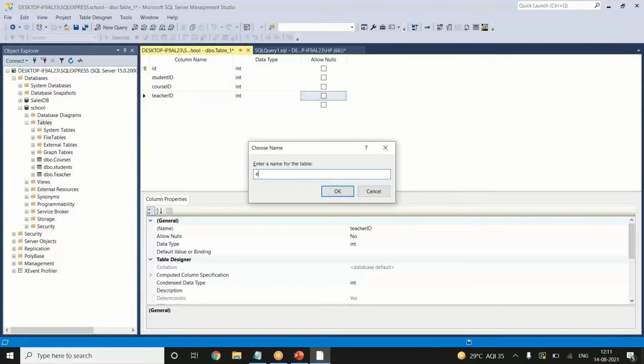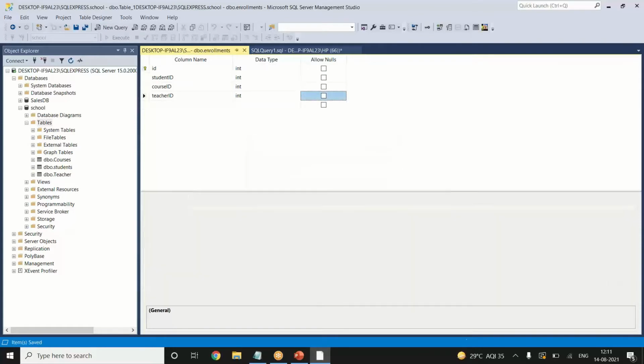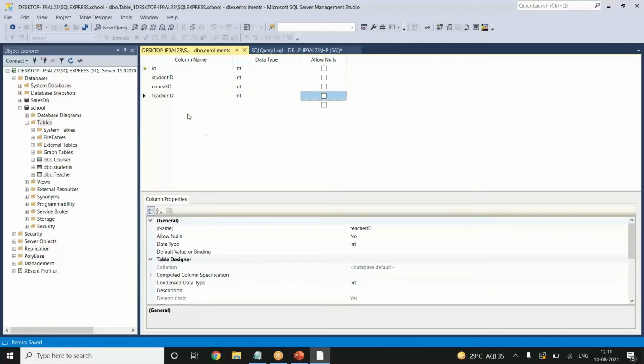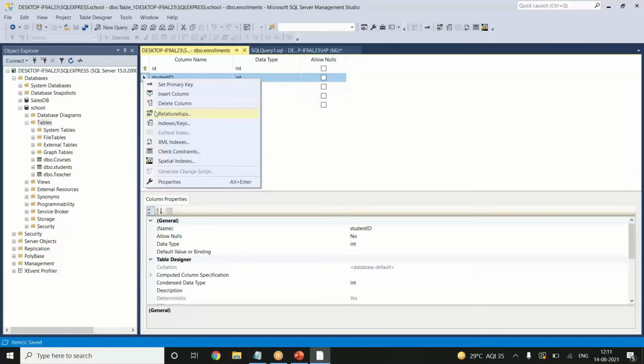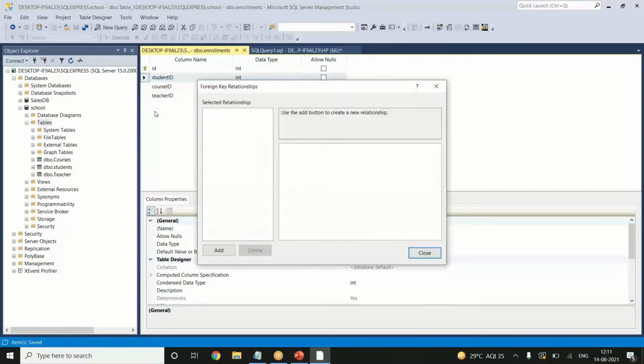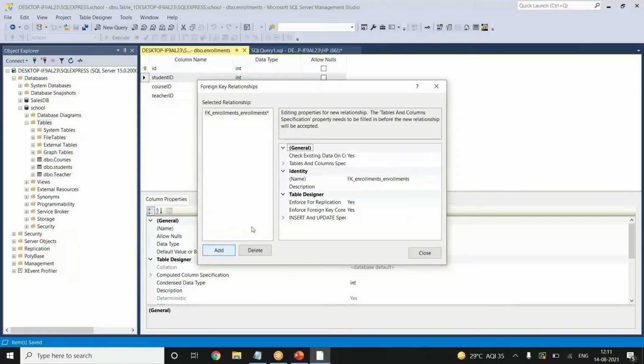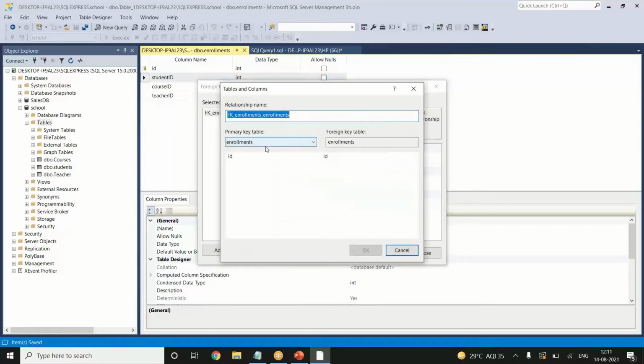So let's save it first. Enrollments. So we've done it. And how are we going to give the relation? If you go to the student ID and right click on this, you're going to find something called relationship. You can click on this one and you'll have this dialog box popping up. You can click on add and you'll have this one. You can go to the table and column specification section. So for that, what is a primary key table? You can go to the students part and select the primary key which you want to attach